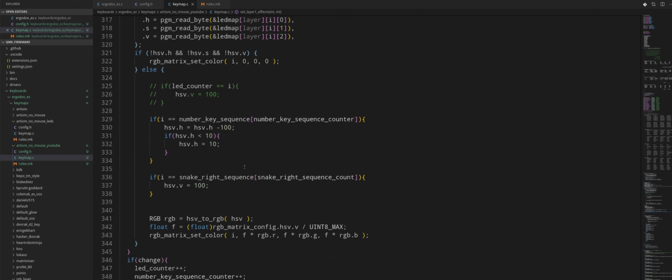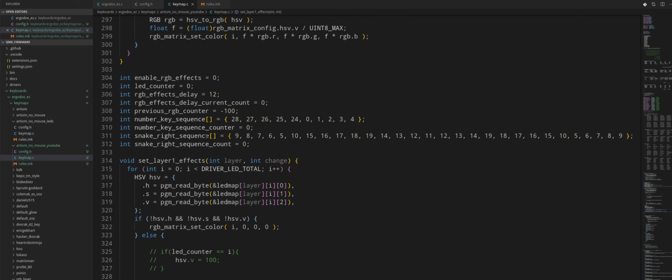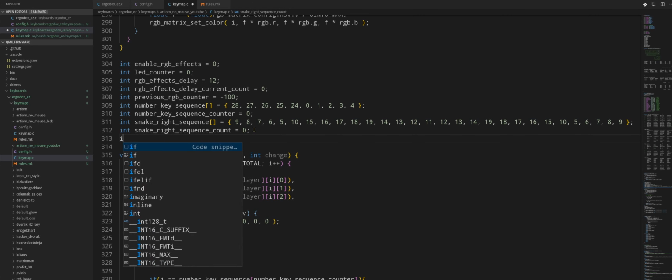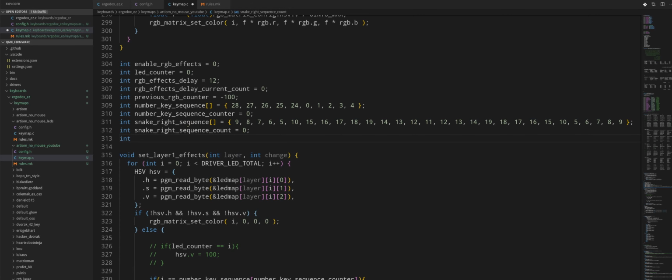And so for the animations you can have as many variables as you need here. You can have a variable for the hue that counts the hue or whatever. So yeah, let's actually quickly do that. So int, we'll do it for the snake as well. So int snake hue equals, we'll set the hue default as 0,